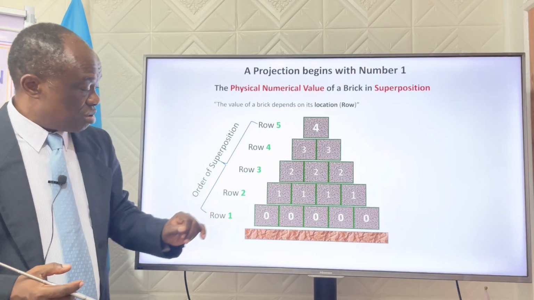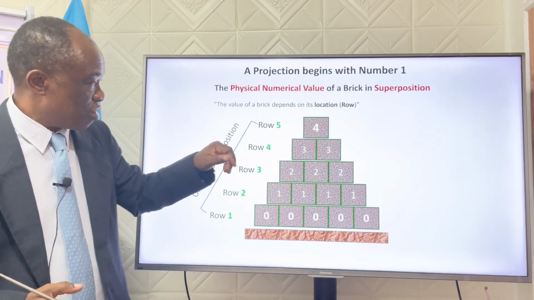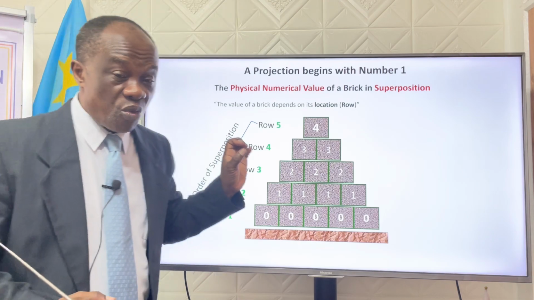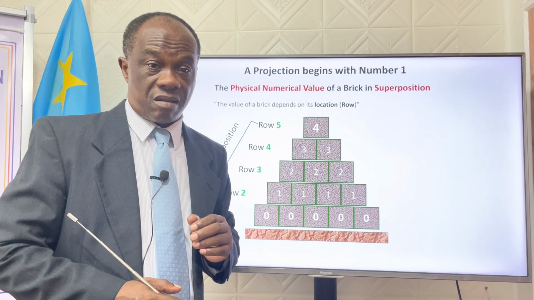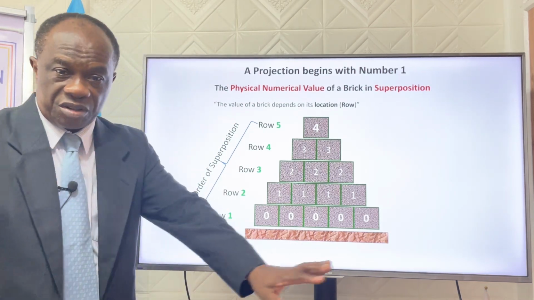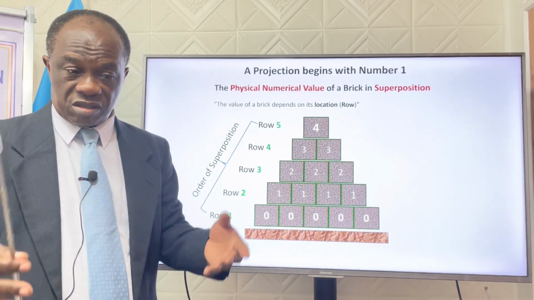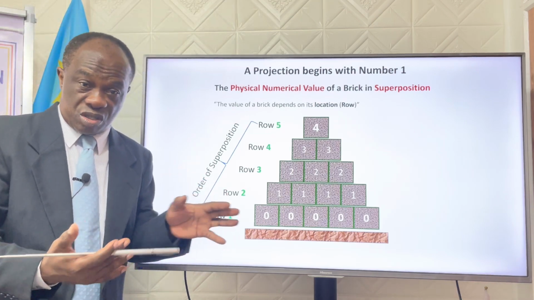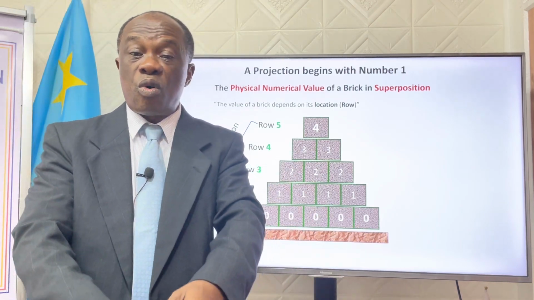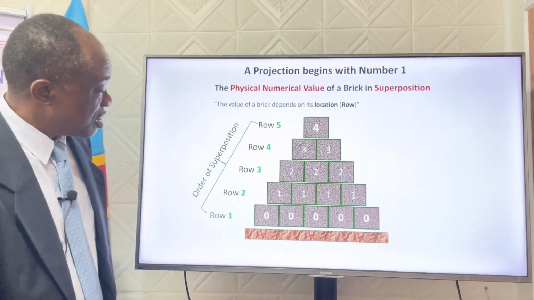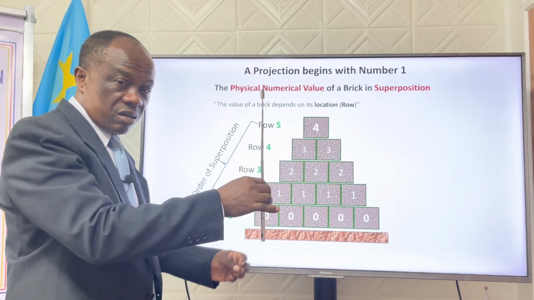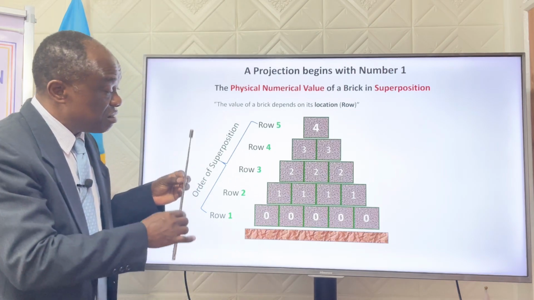This should be 2, 3, 4, then this should be 5. But here we are dealing with physics. In physics, when bricks are scattered on the floor, we did not put them in superposition on top of each other, so these bricks all have the same value. But once we put them in superposition on one another,